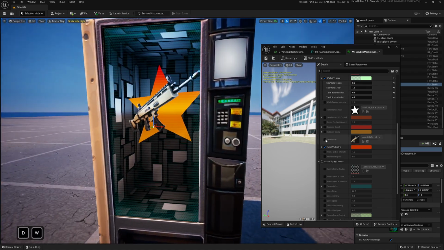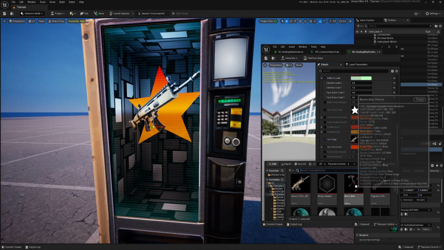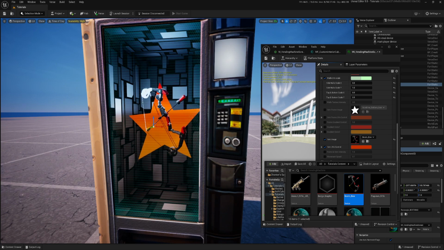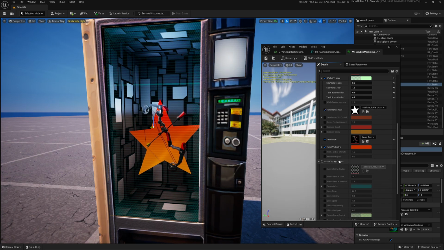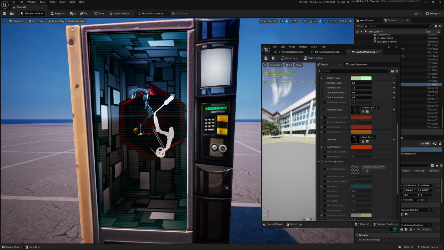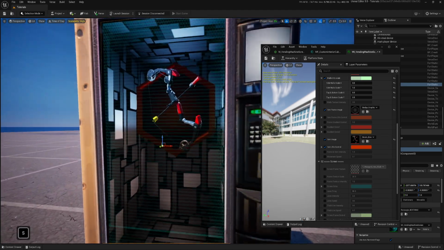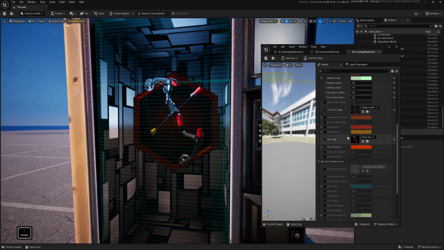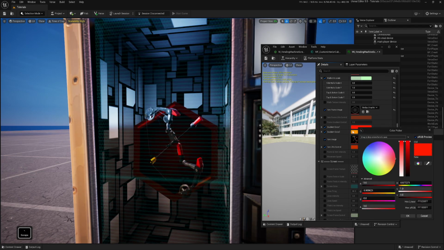Now, for example, I can drop a bow. Or instead of the star, I can have this one. And I can control the gradient.